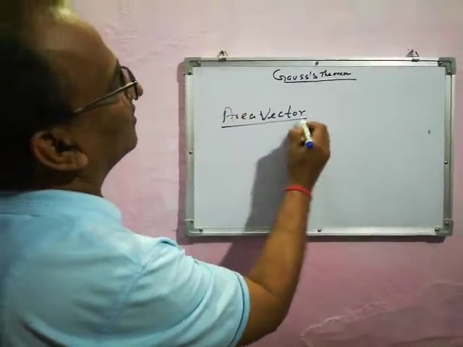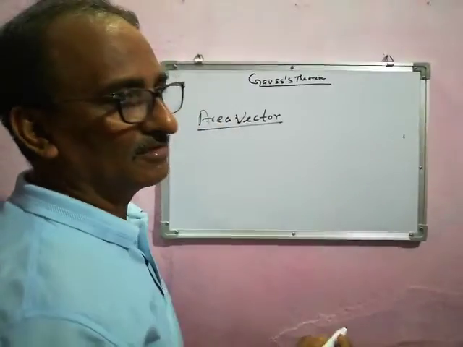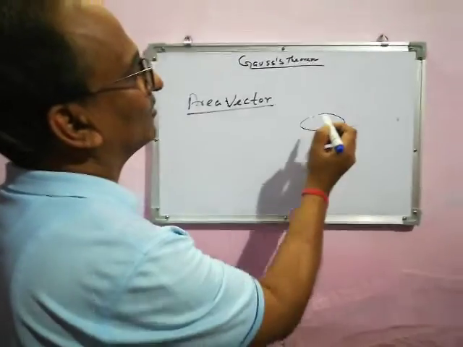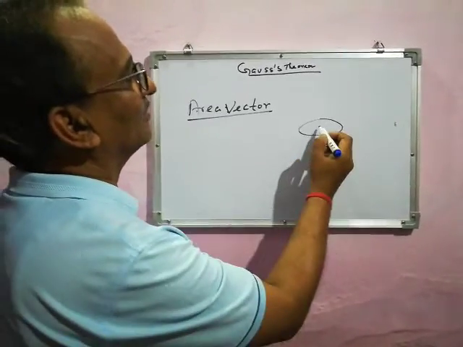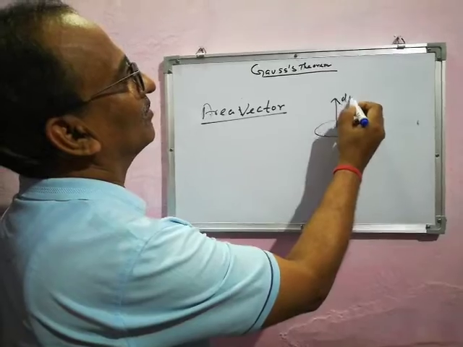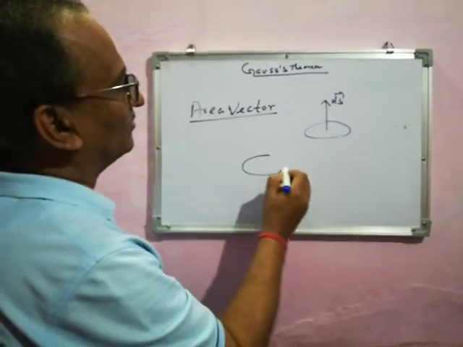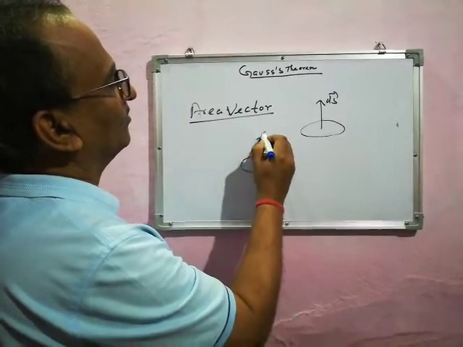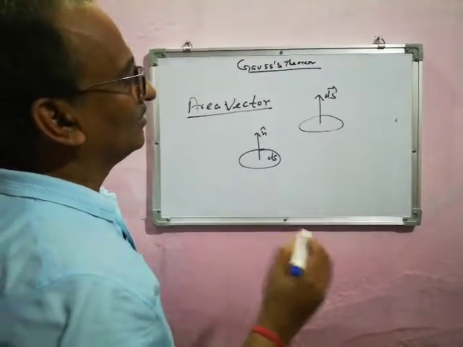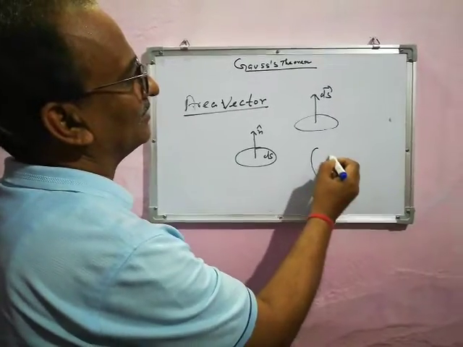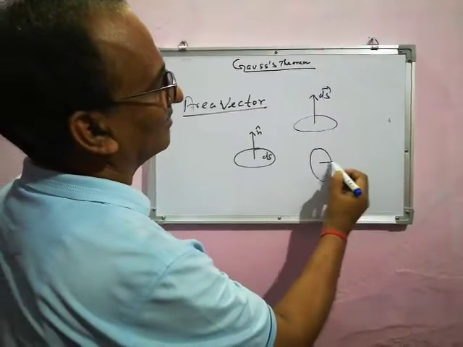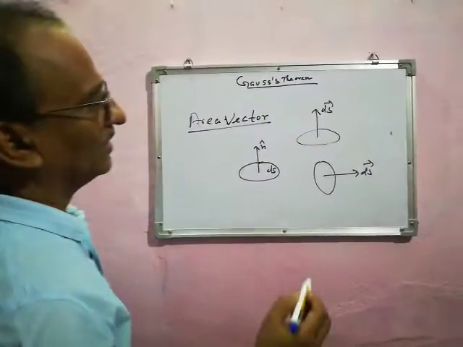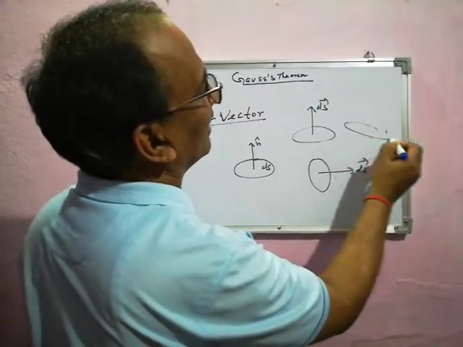In that case, the direction of area vector is considered perpendicularly outward. For example, if we have to consider this area element as a vector, its direction is perpendicularly outward. You may represent the magnitude by ds and direction by a unit vector n cap, which is perpendicularly outward. So if the area element is like this, then in this case the direction is perpendicularly outward along these directions. Okay, suppose it is like this.